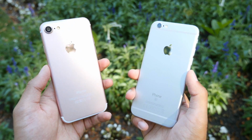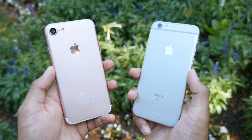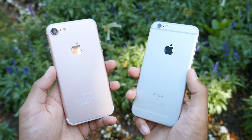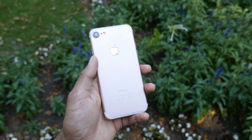In terms of the size and dimensions, the iPhone 7 and 7 Plus are exactly the same as the iPhone 6 and 6 Plus, which are 2 years old, and the only real difference that you have is the fact that you don't have the antenna band going across the back. It just goes around the edge. They're calling this a redesign, but I don't really see it as a redesign because it's just a removal of